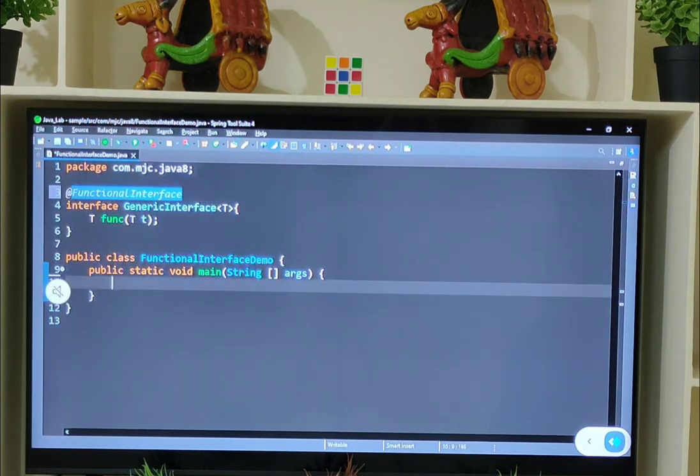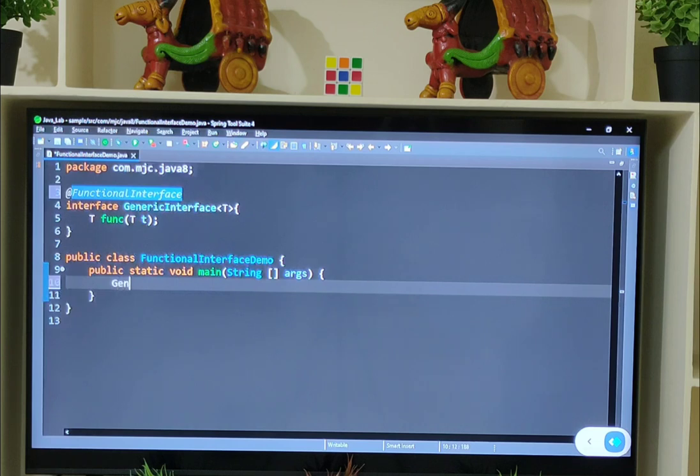Now, for this abstract method of this functional interface, I have implemented two functionalities. One is reverse of a string and another one is factorial of a number. For these two functionalities, my implementation is done using two lambda expressions, and I create the two lambda expressions and assign each lambda expression to a reference variable of the functional interface.